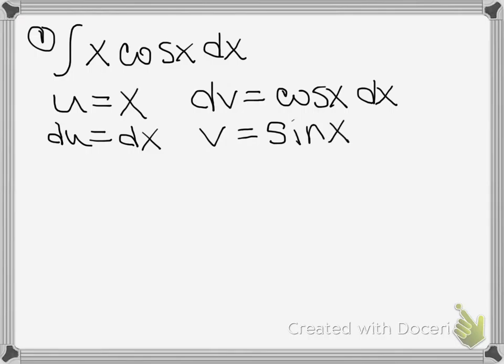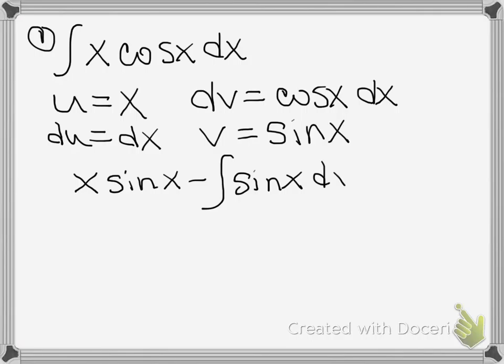So the idea you want to think about is if both functions are integrable, meaning you can take the derivative of both functions easily, you want to pick the simpler function for u. In this case, that would be the x. So when I take it following the formula, that is uv minus the integral of v du. So you can see what we've done is we have x sine x, which is totally fine,